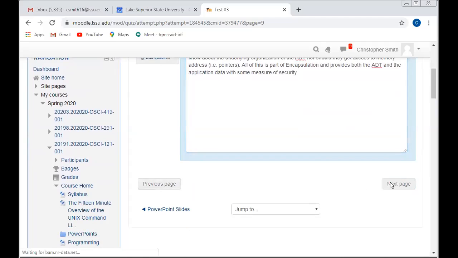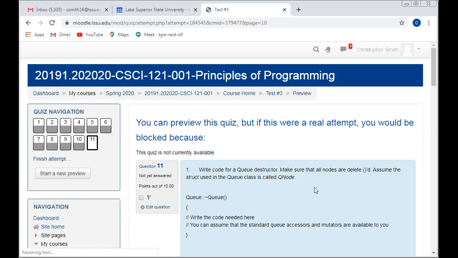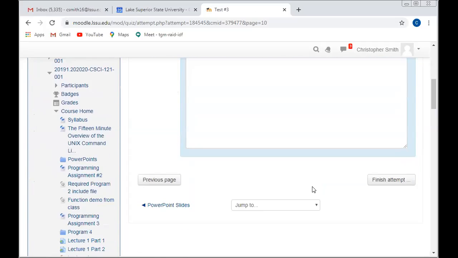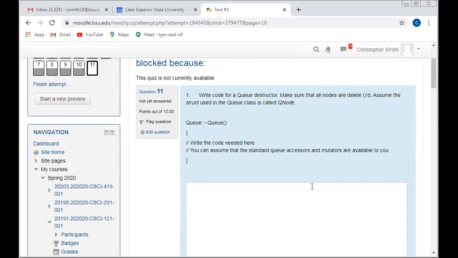Okay, next page. And this is our last question of the test. Write code for a queue destructor. Make sure that all nodes are deleted. Assume that the struct used in the class is called QNode, okay? So all we have to do is write the code that goes in the destructor. I've given you the skeleton of the destructor. And so the code that goes in there,